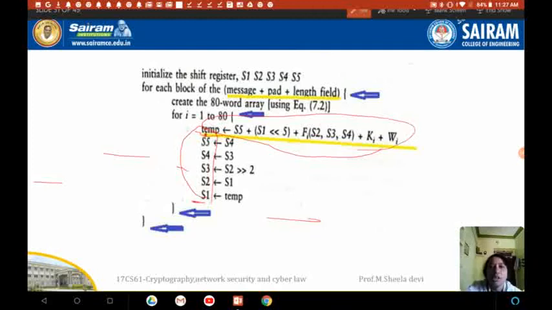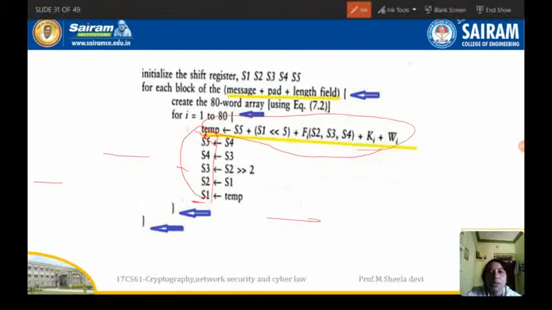The temp value is nothing but S5 plus S1 left shift 5 plus function of S2, S3, S4 plus constant plus the 80 words. So whatever the answer we are getting in temp will be stored in the S1